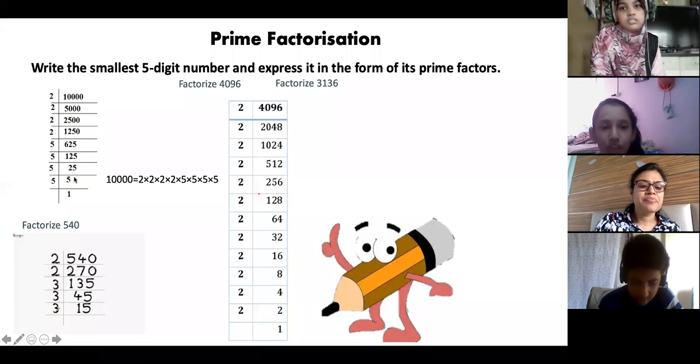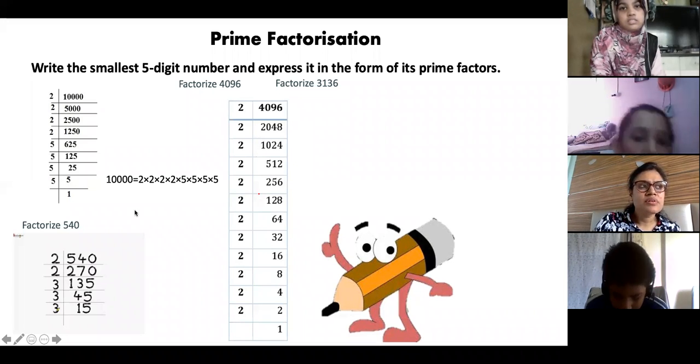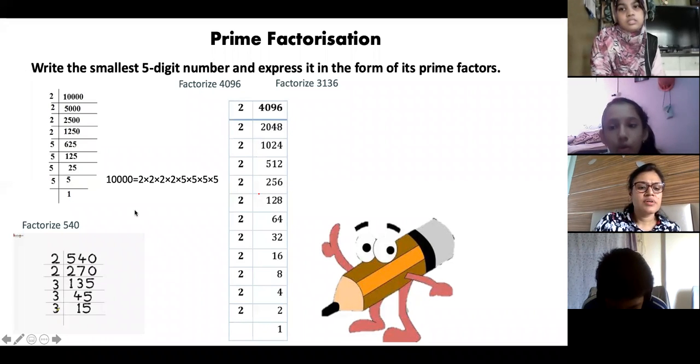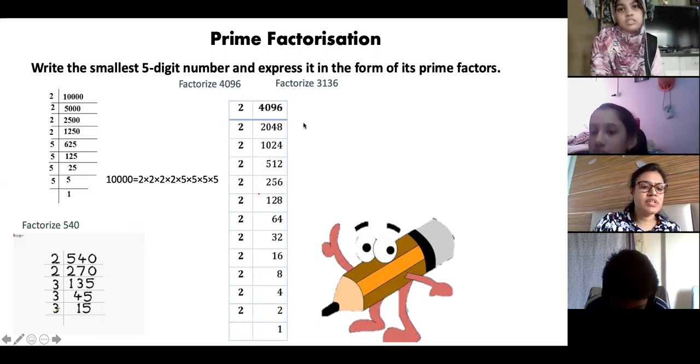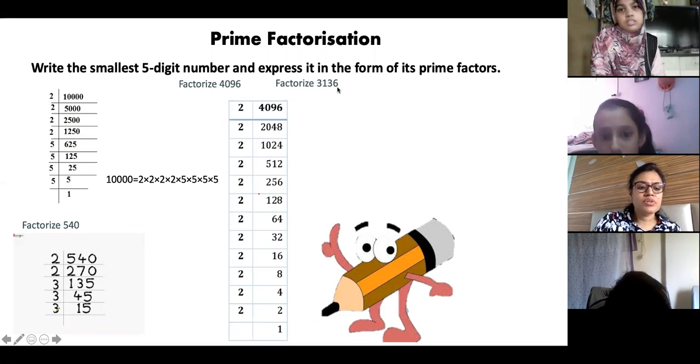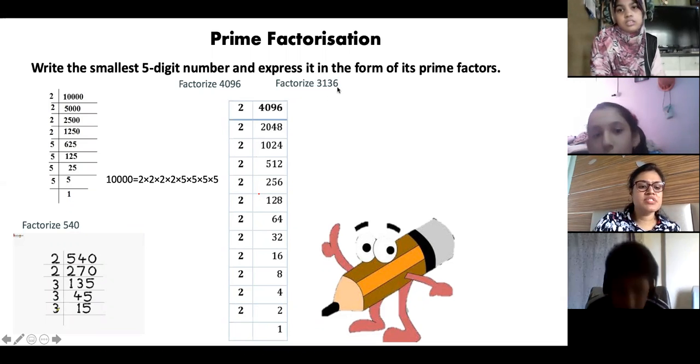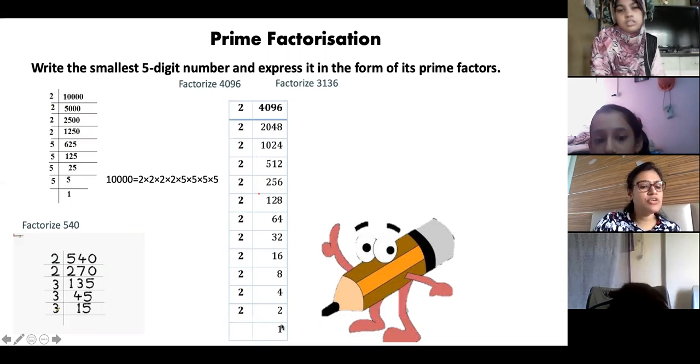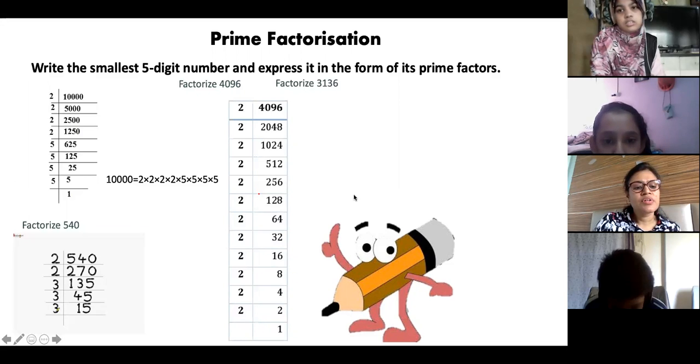How do we come to know how many times that number goes, like if it's a 4-digit number? Like which number do you need to divide first? No, ma'am, I know that you have to divide by 2 because the last digit is 6. Till where do you have to divide? Till you reach 1. No, ma'am, I'm asking how do you know how many times that number is divisible?